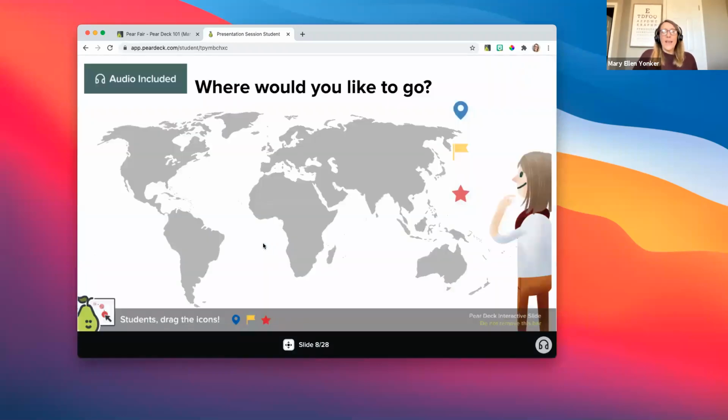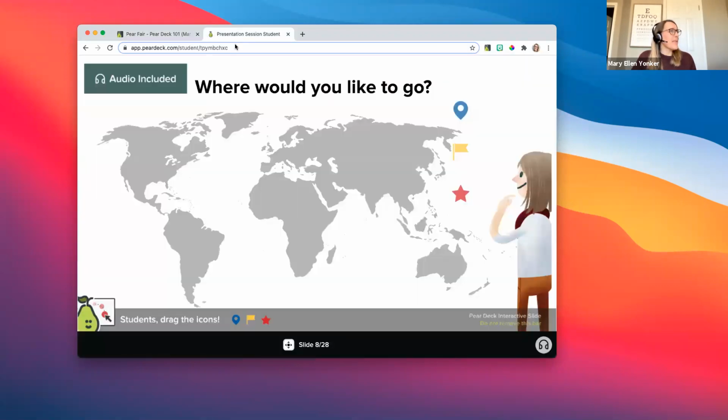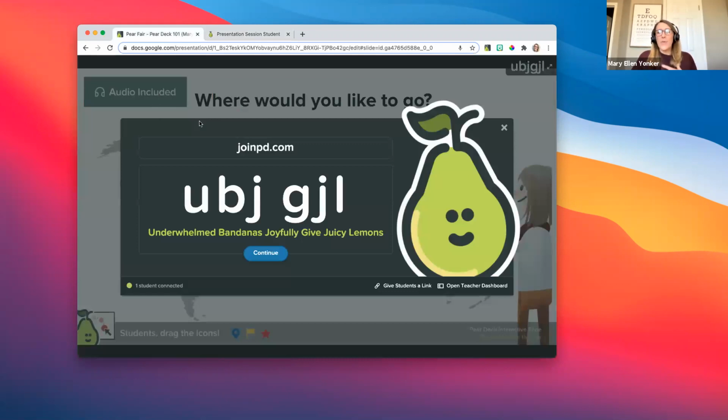And once I have typed in my climate survey response, I am brought to the first slide in the presentation, meaning my teacher started the presentation on slide, I believe we're on slide 8, and that's where the whole class is going to start from. If I want to start from the very beginning, I need to make sure I'm on the first slide in my slide deck when I start the lesson. So right down here, I see that I do have a student connected. And when I'm ready, I can hit continue.